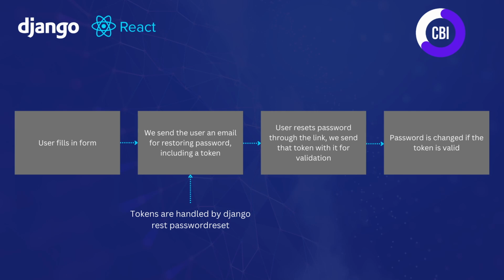Now, the user can click on the link in an email, go to our front end and fill in the new password if the email address exists inside of our database. And we are going to send that new password fully encrypted with that token back to our backend for validation. If the user actually exists, the token is still valid and the password passes the requirements, then the password gets updated to the user and the user is redirected to the login page